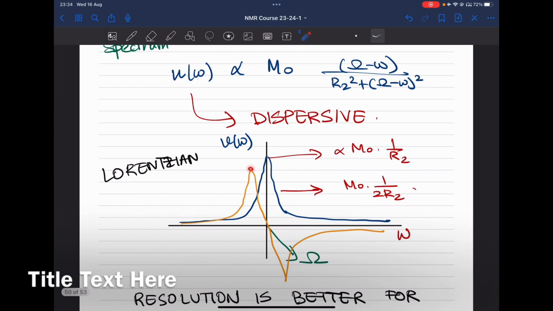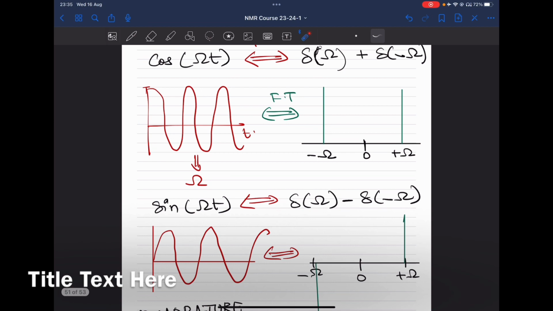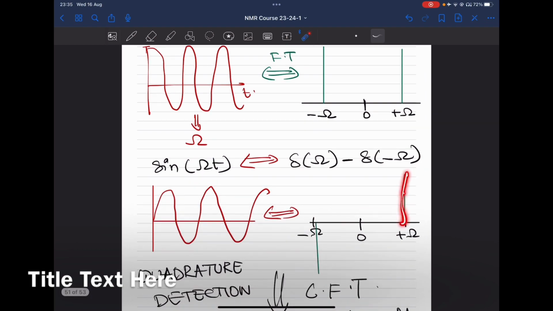But remember one thing, the full width at half maxima will be decided by the dispersive component in these parts, and the same should match. Although I have not drawn it in a nice way, these will end up matching with each one of them. Okay, so with that being the case, we did not end up studying Fourier transformation. We just said that if you have a cosine function and you do Fourier transformation, you get a Dirac delta function, irrespective of whether it's plus omega or minus omega. But if you do the same Fourier transformation of the sine function, you get similar information, with both peaks at plus and minus omega, just that they are opposite in sign with respect to each other,